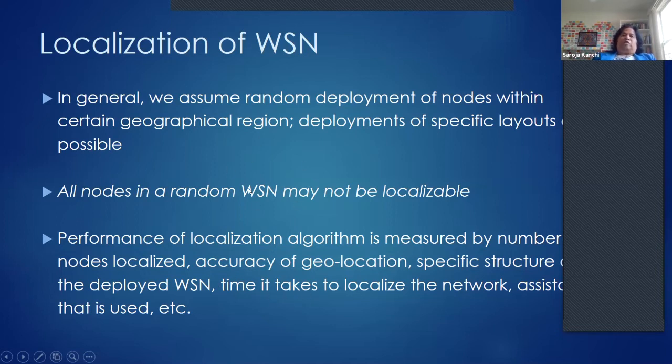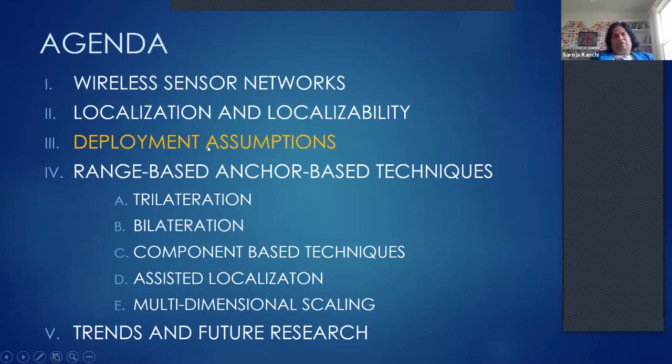We want the algorithms, of course, to converge in reasonable time because these are self-localizing nodes. So we want to localize often enough, and we would like to make sure the time complexity is good. And if we use any additional assistance, for example, sometimes you could send a mobile robot, if it's possible, into the geographical area where we expect the sensors were deployed, and then use the assistance of the mobile robot in order to localize the network. We'll see one such example.